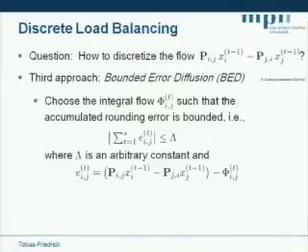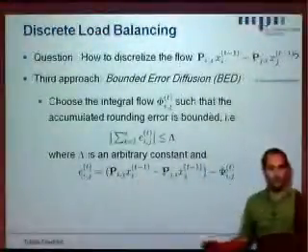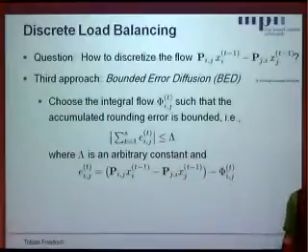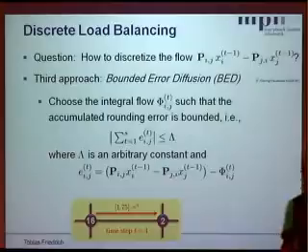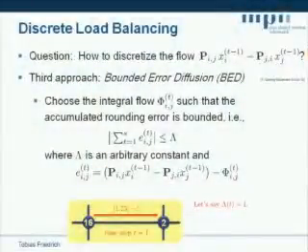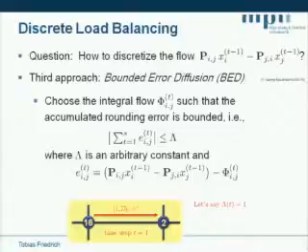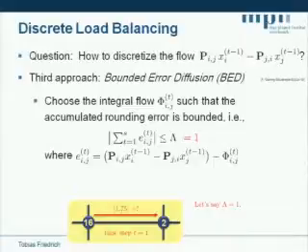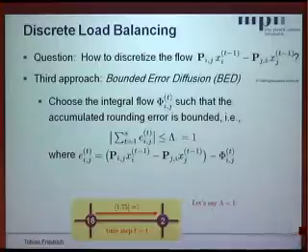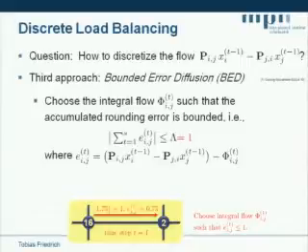And well, then of course I can define this excess as continuous versus discrete. In our running example, we want to round the 1.75 as we are used to. We want to keep these accumulated rounding errors below 1. So say this is 1. Now we have to decide whether we round this 1.75 up or down. If we round it up, we have an error of 1/4. If we round it down, it's an error of 3/4. So we can say we choose to round it down and get an error